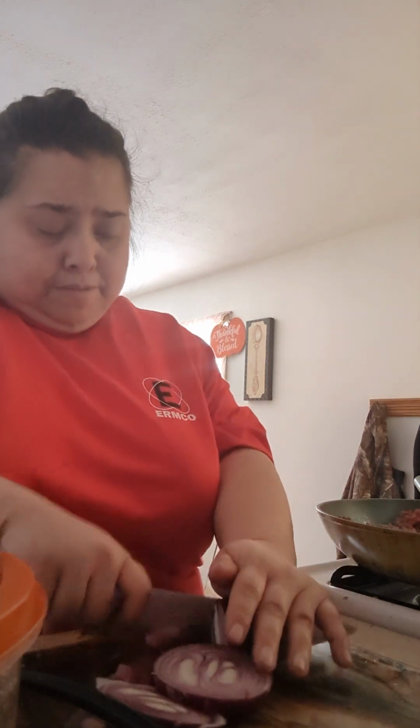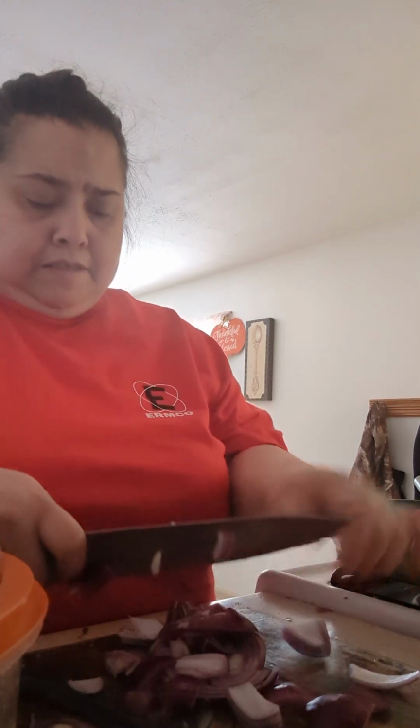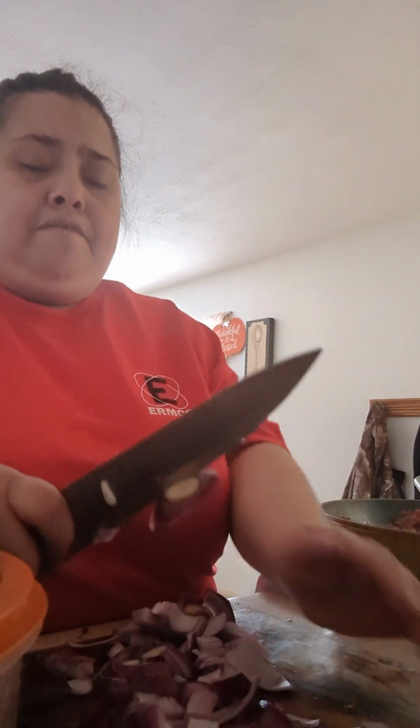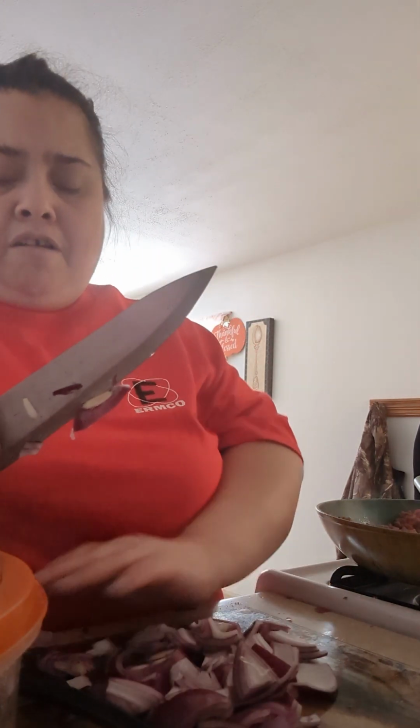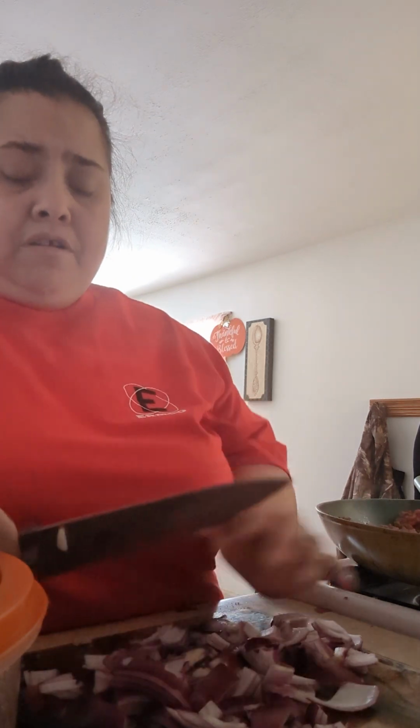So I'm just gonna dice these up. And my tomatoes are already diced. I have found some really good recipes, and I have found a way to make them semi-homemade. Kids are hungry. You just came home from running errands. Instead of spending more money on going out to eat or getting something out of the fast food,